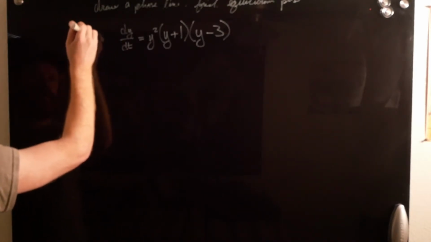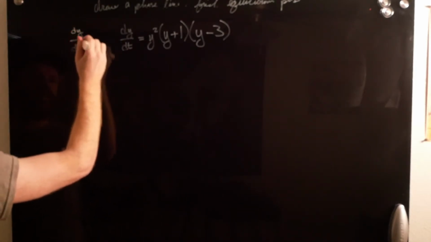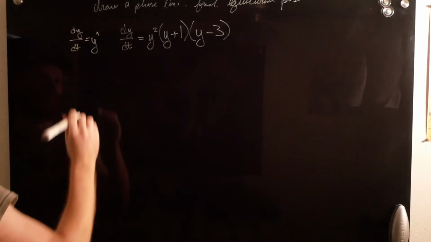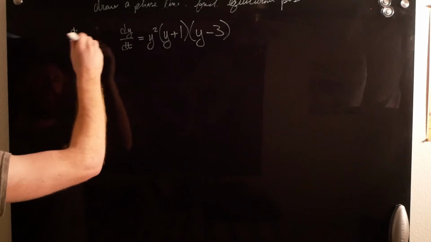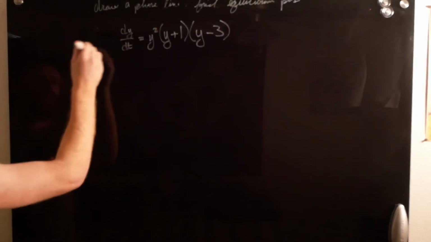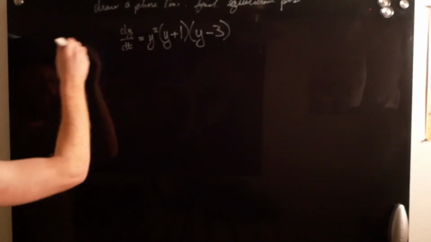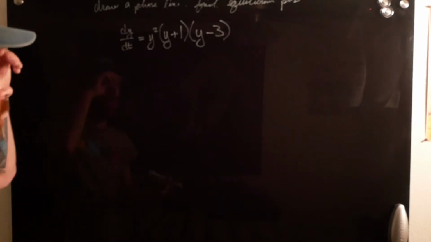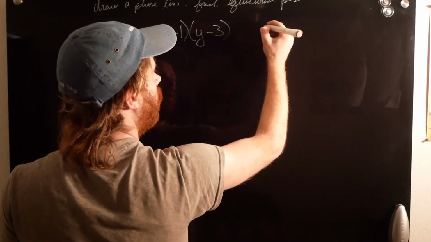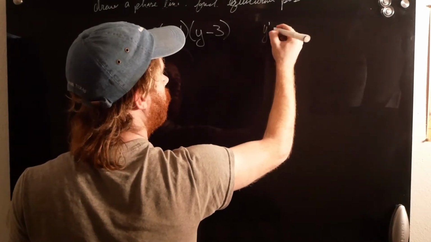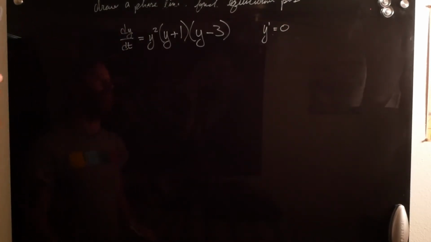So what we know is that dy/dt is actually equal to y prime, right? They're the same thing, just different notations. So what we're going to do is find equilibrium points. To do that, we know from calculus 1 that where y prime equals 0, there's an equilibrium point, meaning